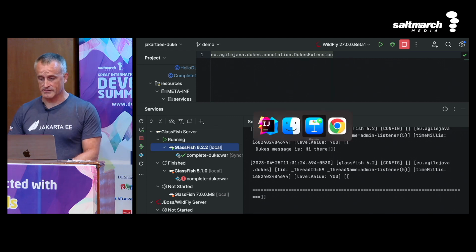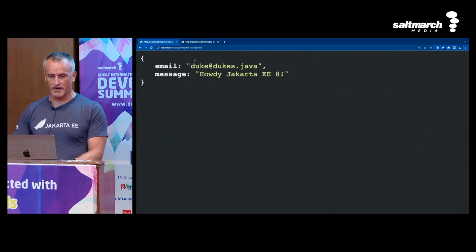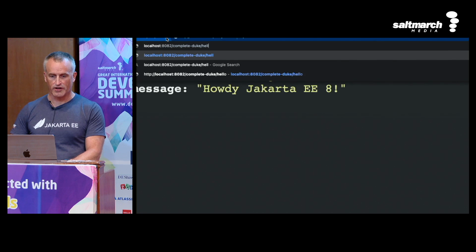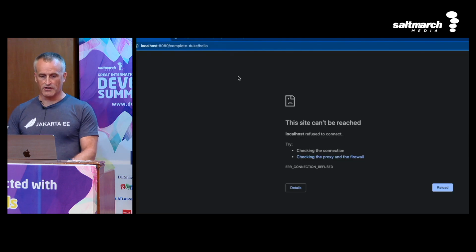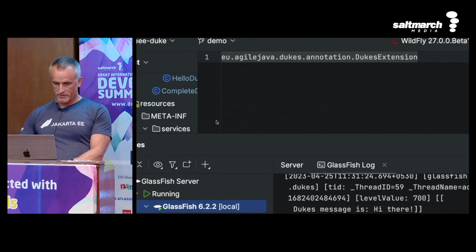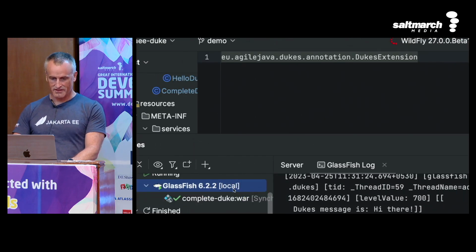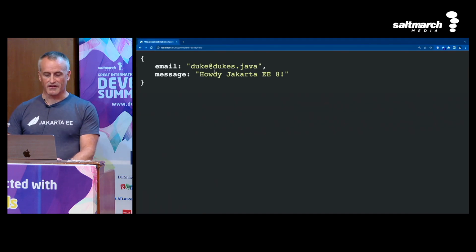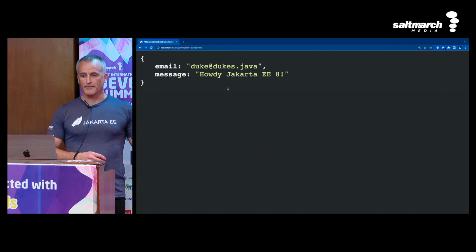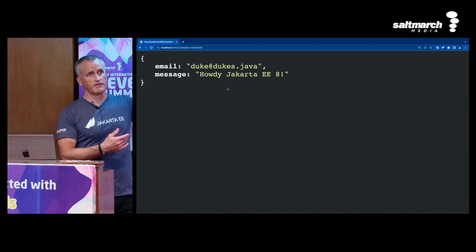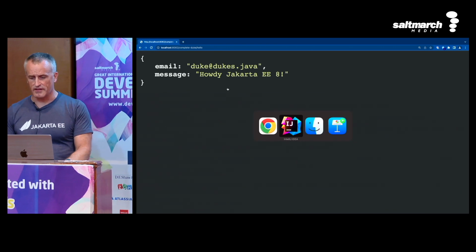Let's also check here that we have the correct application, and it's now on port 8080, and it's hello. No, wait a second. Let's see. Is it running on 8080 or is it still on 8082? Yeah. So it runs on here, but you can notice it said hello to Jakarta EE8. And that's where the clue comes in,